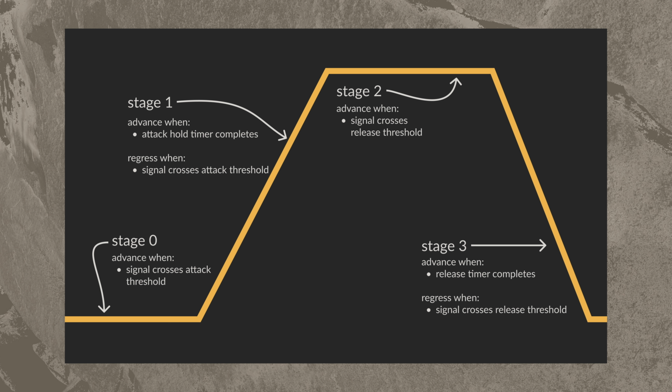Basically, when you're in stage 0, you're checking for a positive crossing of the attack threshold. If you're in stage 1, you're looking for a negative crossing of the attack threshold, because that would mean that you're going back to stage 0. If you're in stage 2, you're looking for a negative crossing of the release threshold, because that will advance you to stage 3. And then when you're in stage 3, you're looking for a positive crossing of the release threshold, because that would send you back to stage 2. So hopefully that makes sense,